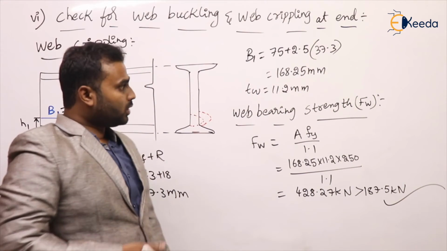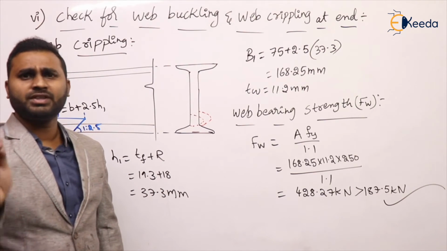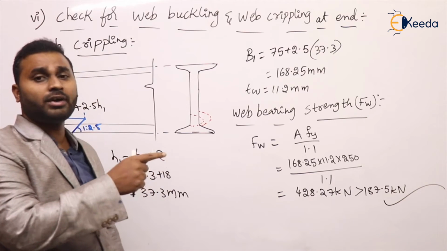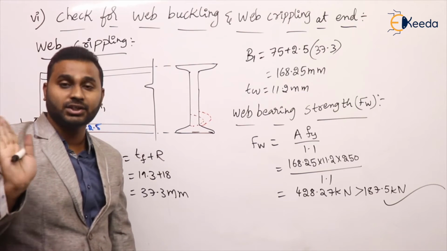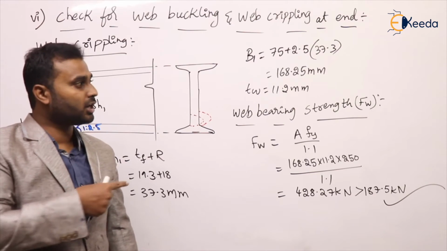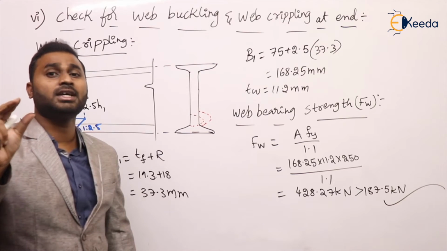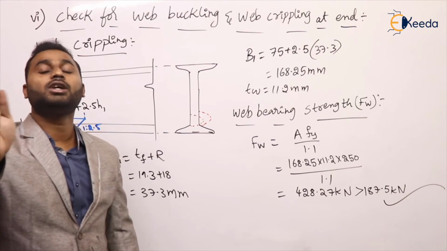So now with this, we have completed all the design aspects. With deflection checked, we have completed the primary criteria, and now we have completed the secondary criteria also. In all these criteria, the given beam, that is ISMB 550, is safe, and we can use that I section as a simply supported beam for the 7-meter span having a load of 250 kilonewton on it.